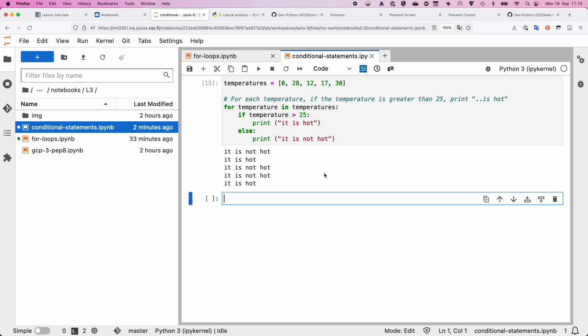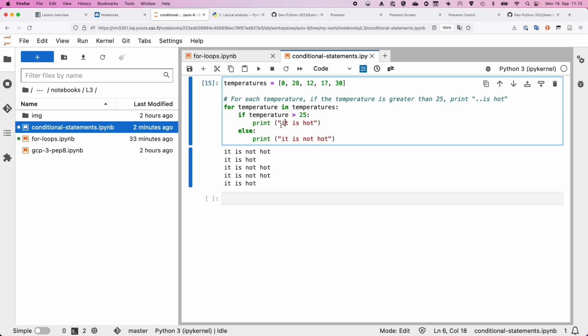So if you just put an f string, you can pass the value into the string and print it out. Yeah, it would definitely look nicer. I think the example on the course page is formatted like that, so it shows the temperature number and then whether it is hot or not hot. So you can see the example there from the course page if you want to see how it was done. It's easy. You just add the f like we have seen before, and then just